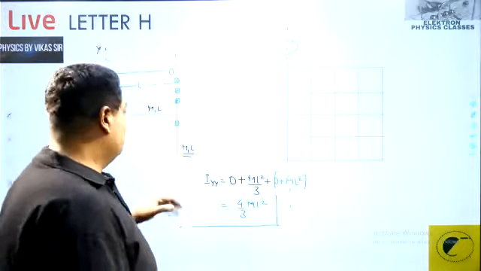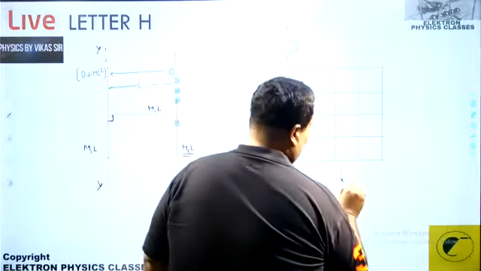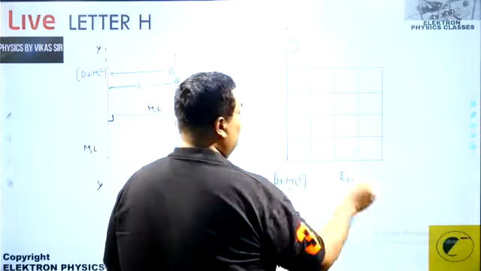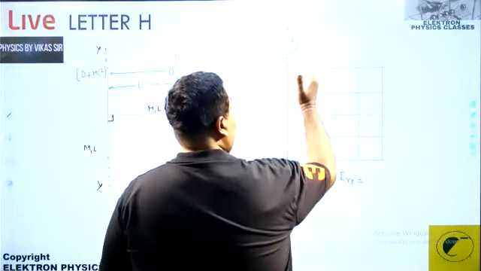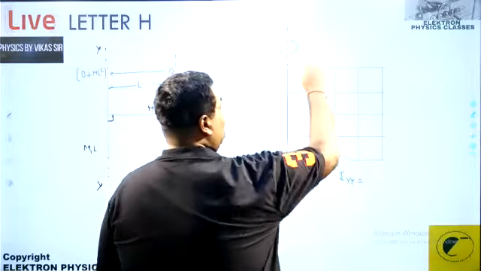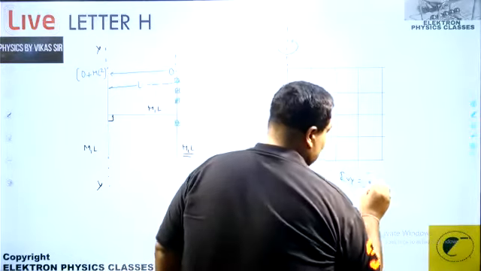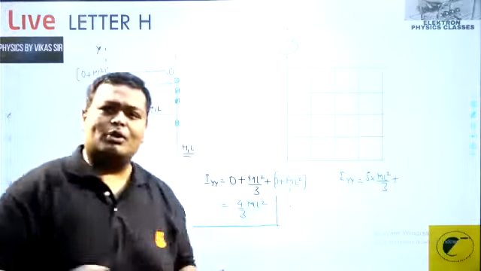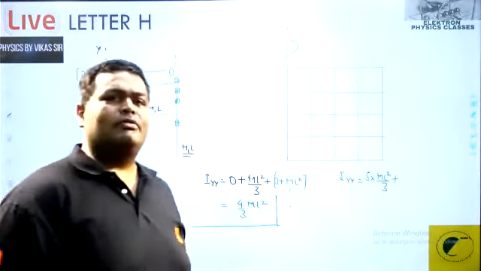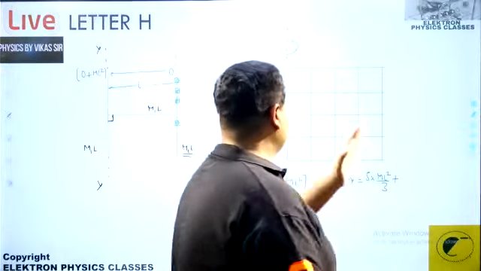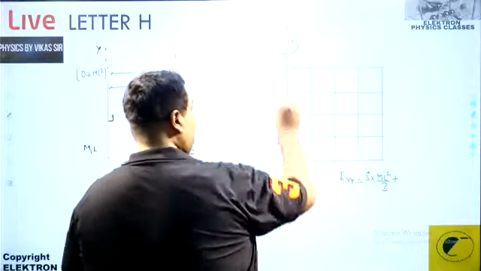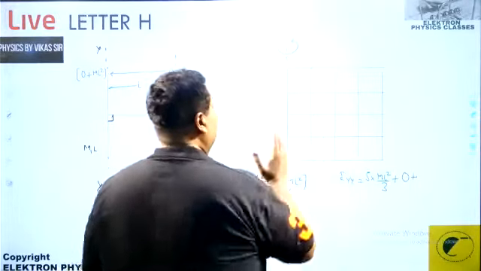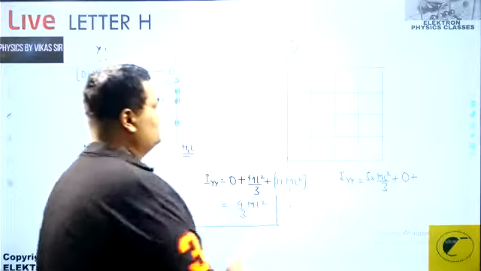So how do we do it? About this particular YY axis, see, 1, 2, 3, 4, 5. 5 of them have this axis as an end axis, so that becomes 5 into ml square by 3. So 5 rods are gone, their moment of inertia has come. Because this behaves as an end axis, then comes the sixth one, this one. This one is 0. The reason is very simple: it's a body axis for this rod.